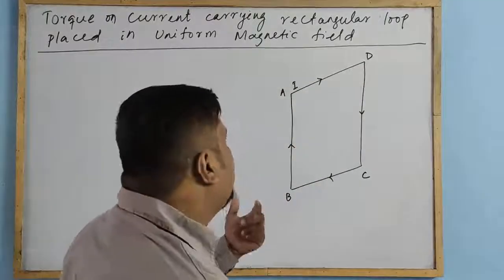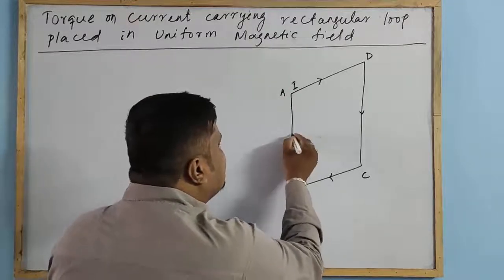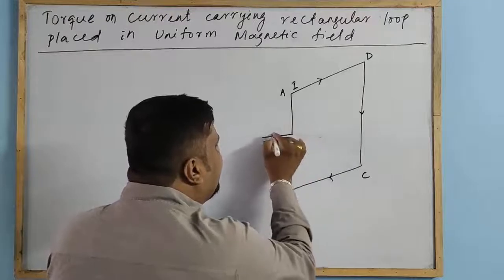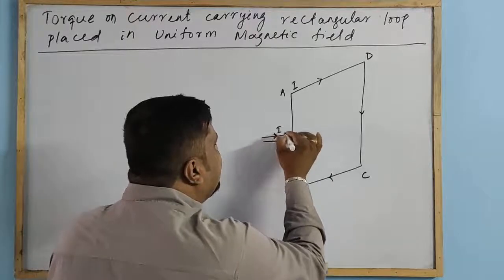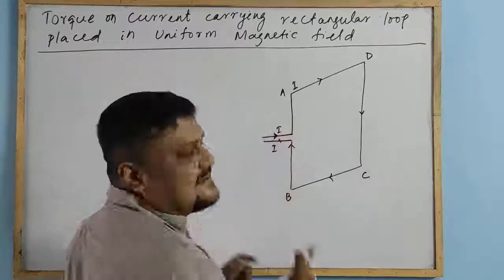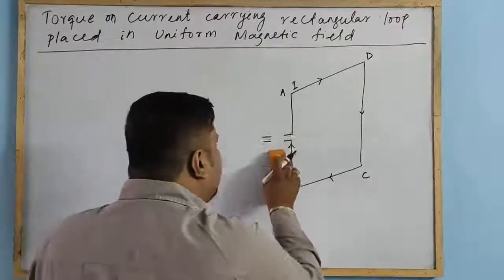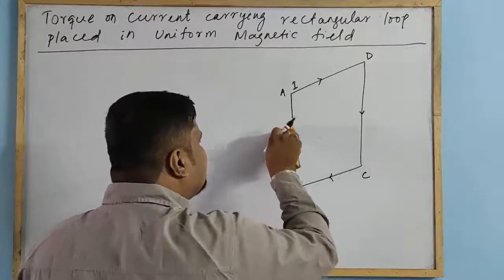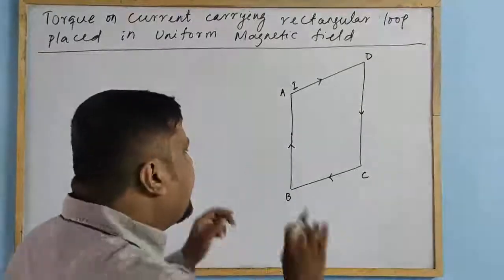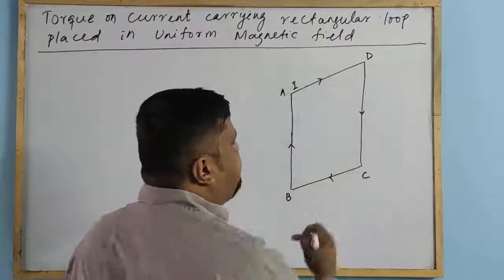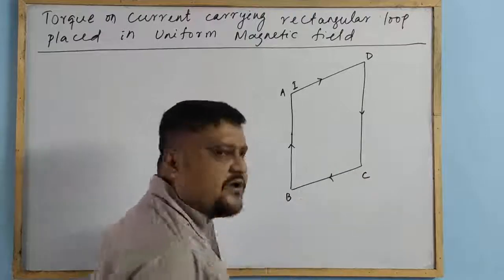Okay? And you cannot think that this is not a closed one. You can join this in any way. You can say let this be the loop and it is completely closed, and the current is entering, suppose, in this part. So we can say the current is I and it is coming out as I. Clear? So this is the rectangular loop. For understanding, I have taken these things. So let us consider this is almost a closed loop like this. Okay, it is almost closed, right? And a source is connected, it flows the current I, and this loop carries current I.